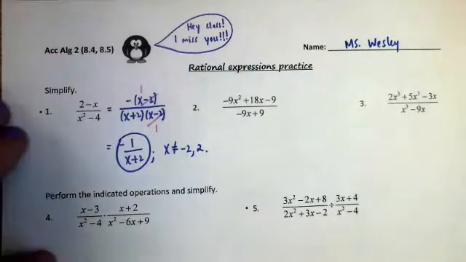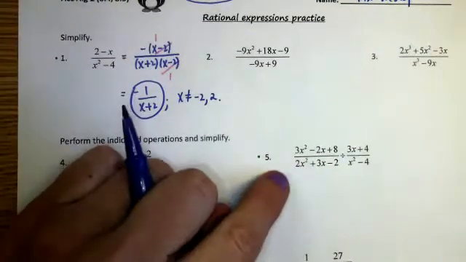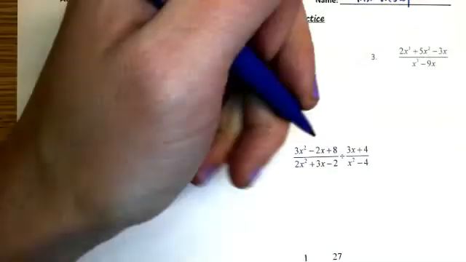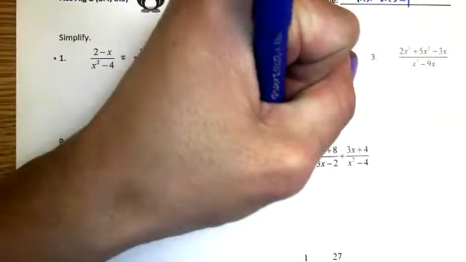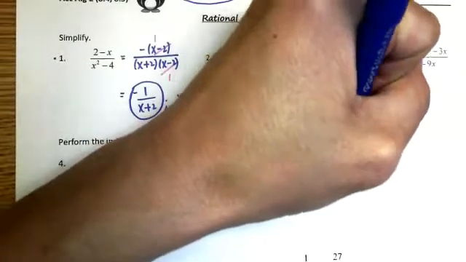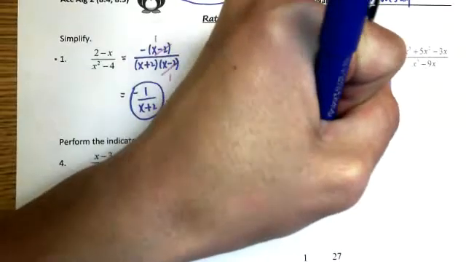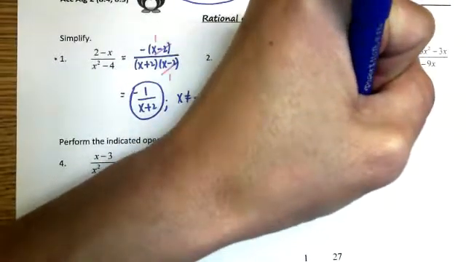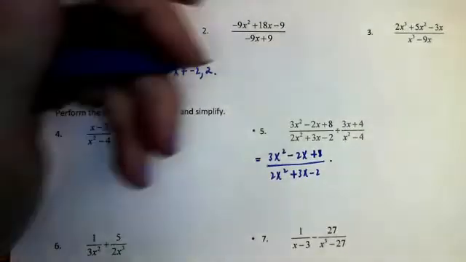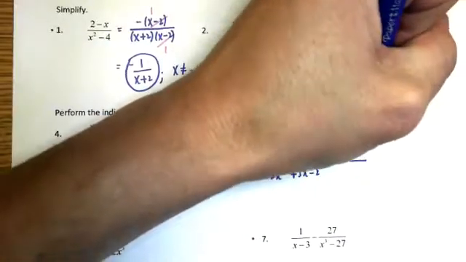Let's look at 5, and it's been a few days since we've done this. This is the dividing question. I'd say first step is to leave the first fraction how it is. So I'm going to recopy 3x squared minus 2x plus 8, and then I'll recopy the bottom, 2x squared plus 3x minus 2. And we'd make this a multiplication question, right? We're flipping the second fraction. So this x squared minus 4 should come to the top, and the 3x plus 4 could come to the